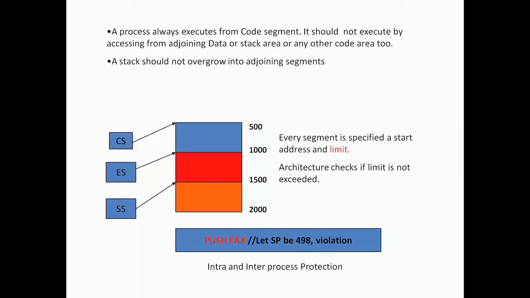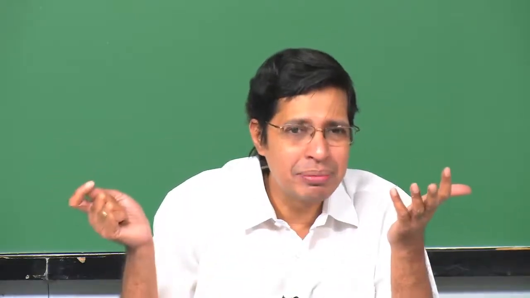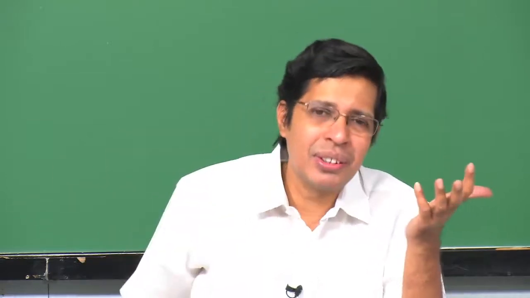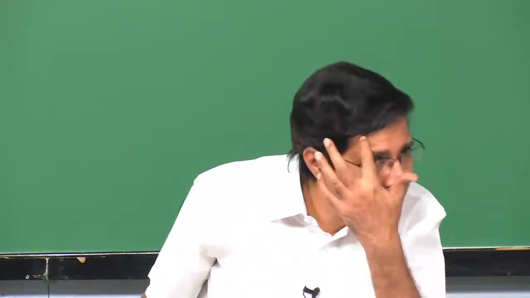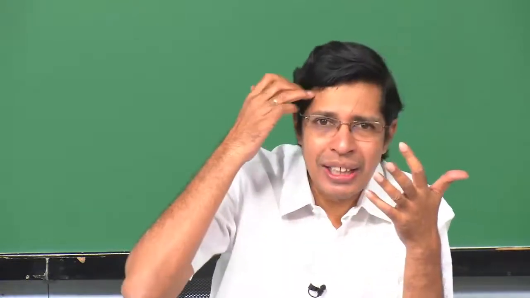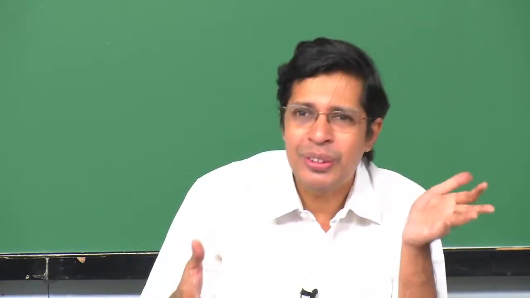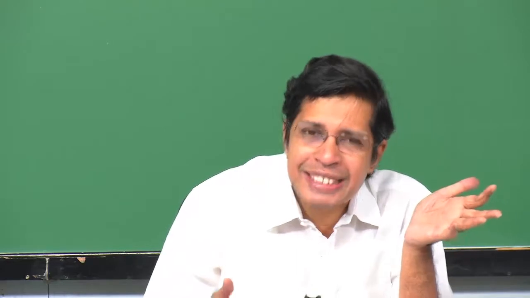If you read the books, there is something called implicit addressing, implicit, because when I push, I do not have a direct reference to ESP, but it uses ESP. So, the value of ESP is the stack pointer, you decrement the stack and push the value, correct, that is how you do push, and increment the stack pointer if you do pop. So, here ESP is an implicit addressing mode. So, if I say push EAX, then it is going to give me a violation. Are you able to follow?